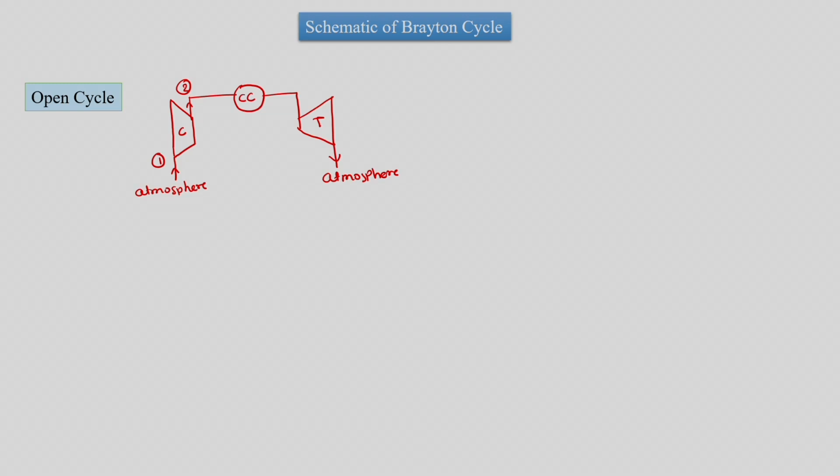Here we practically see that this is an open cycle, since the same gas which is coming at the exhaust of the turbine is not going into the compressor. So we have this as an open circuit. This is an open cycle for a gas turbine power plant. However, we consider that the same mass flow rate of gas is coming into the compressor at initial temperature T1. So we say that this is an open cycle.